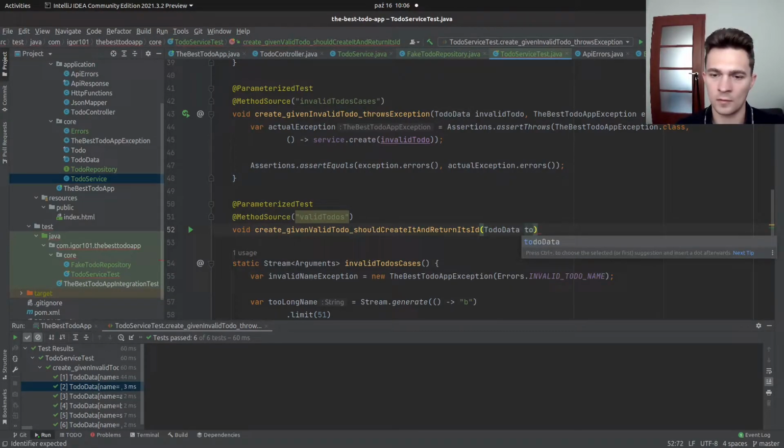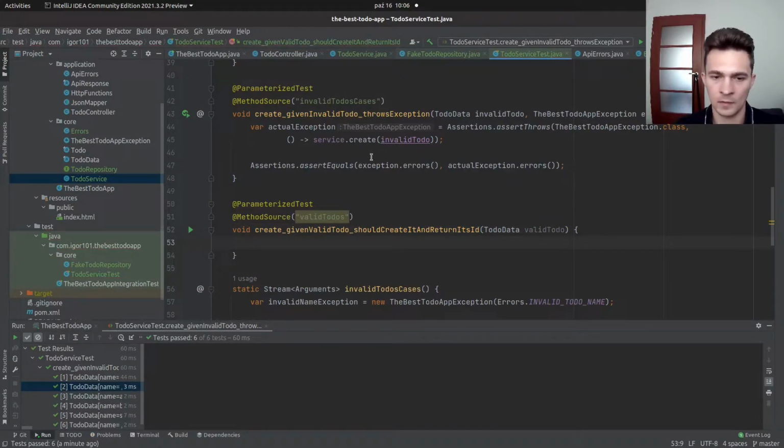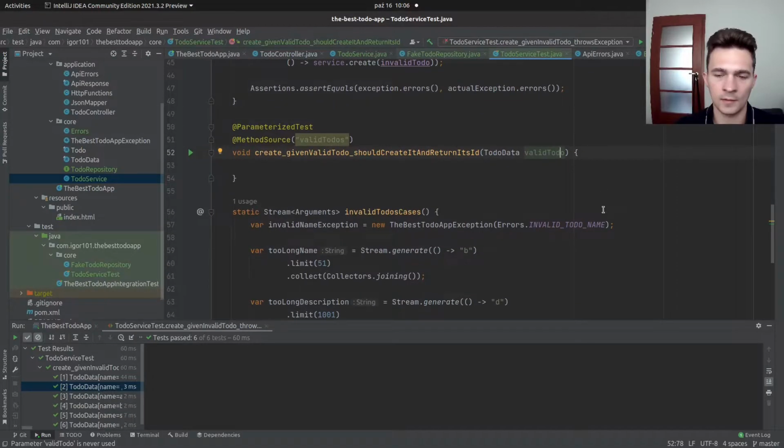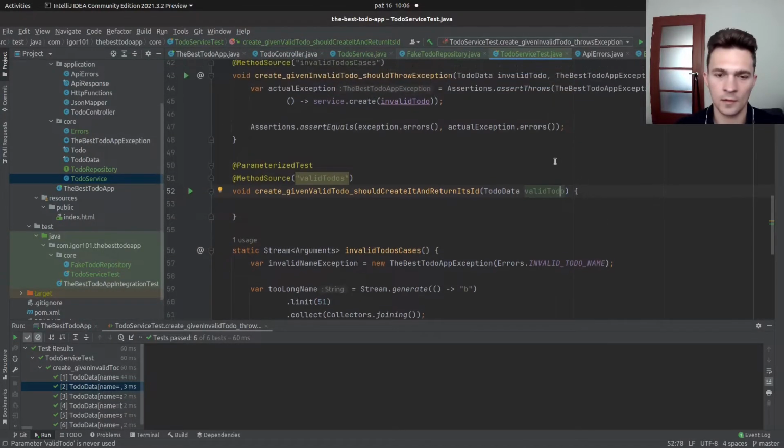Okay, valid to-do, valid to-do. Okay, I'm thinking how we will get expected ID. Okay, let's see,